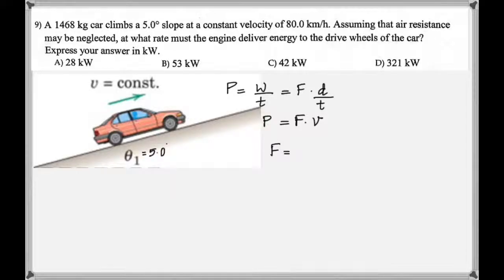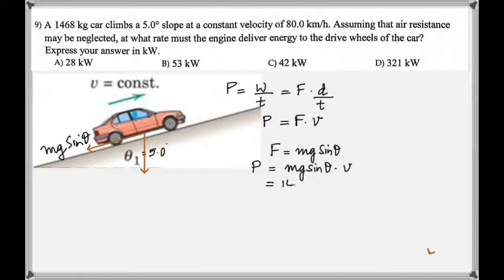And we know the downward force is mg sine theta, don't we? When you break the weight into its components, you actually get mg vertically down, and then you break it into mg sine theta and mg cosine theta in the other direction, which I'm not even drawing. You don't need it in this case. So that's why you get mg sine theta as the force. So now plug that in,